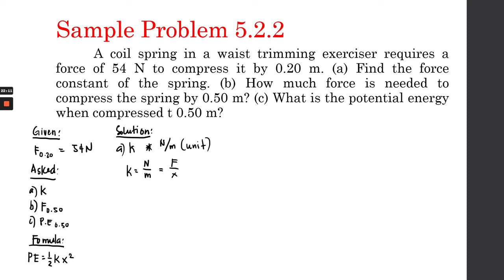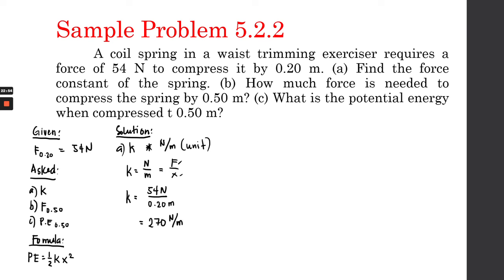So what are we going to do to find the force constant? In order for us to find the force constant, we have to use the given information. We know that in order for us to compress the object to 0.2 meters, we need a force of 54 newtons. So we have our force and the length of the object. So the k is basically 54 newtons divided by 0.2 meters. And this will give us a force constant of 270